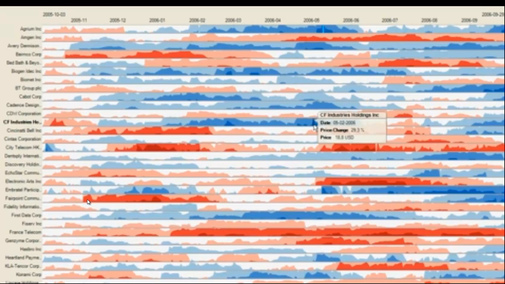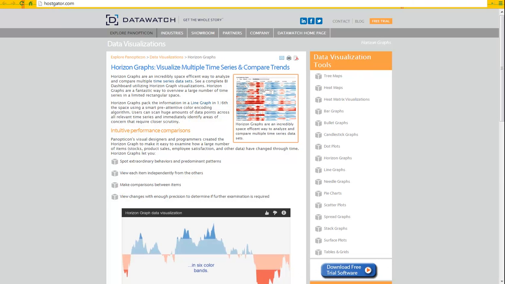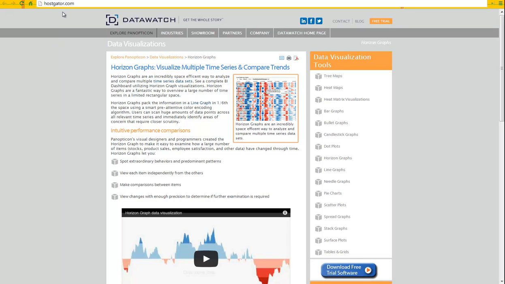So for example here, we can put a whole lot of graphs together, and we can fit them all into a relatively small space. There's many graphs here, and then it allows you to sort of compare them more easily this way. By the way, this comes from this website. I don't think there's something wrong with my URL here, but it's called DataWatch, and I guess they have a lot of different